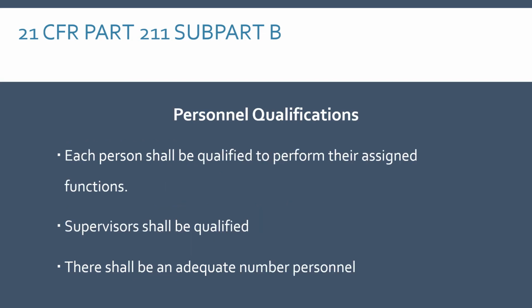So 211 Subpart B also covers personnel qualifications. It drives that each person that is involved in the manufacturing, processing, packing, or holding of a drug product shall have education, training, and experience, or a combination thereof, that enables that person to perform that assigned function. So essentially it's saying anybody that is involved in the process of manufacturing a pharmaceutical must be trained and qualified